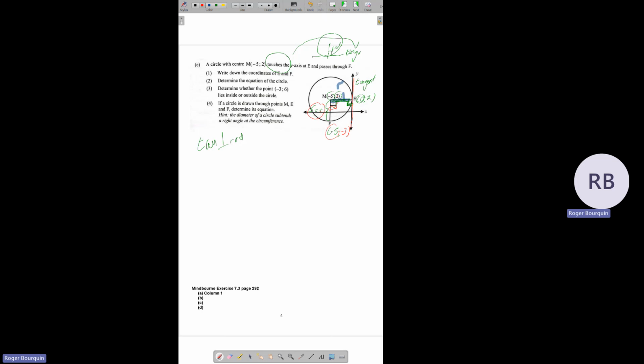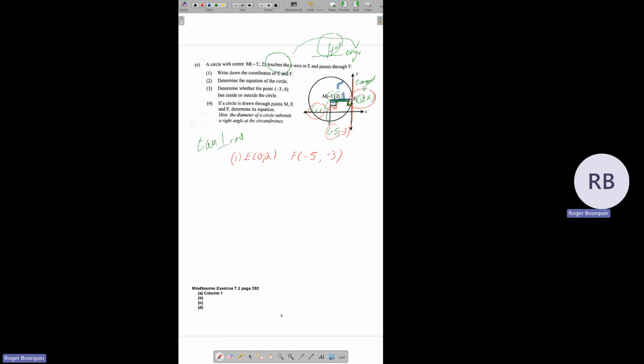So first of all, write down the coordinates of E and F. For number 1, the coordinates of E is 0, 2 over here, and the coordinates of F, always fill things in your diagram, we discussed it, the coordinate of F is -5, -3. 2 minus 5 was -3. Right, then it says